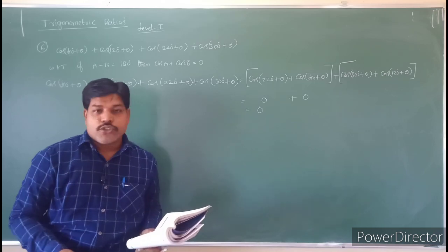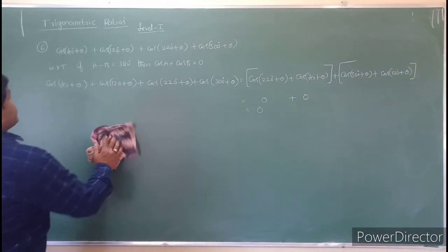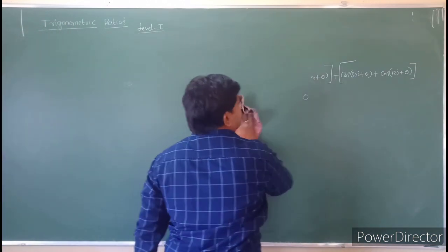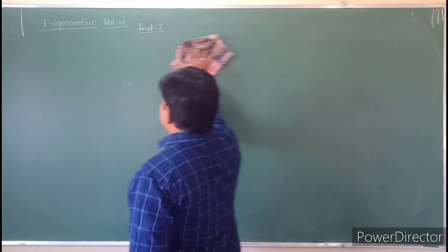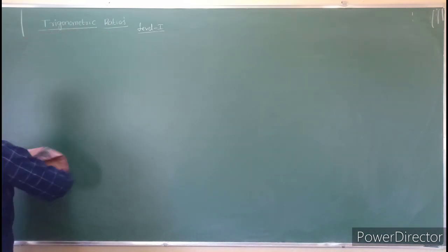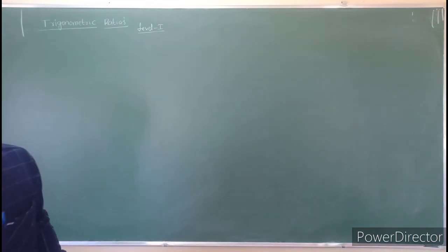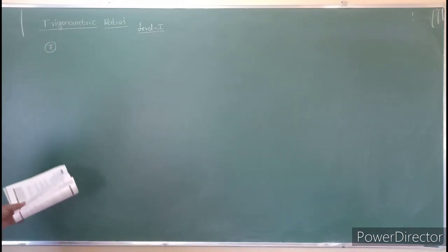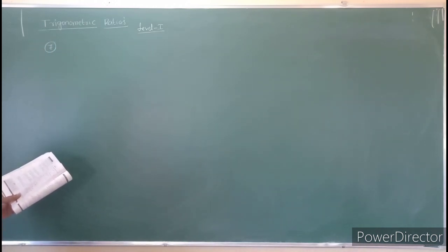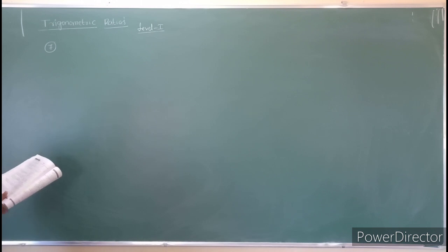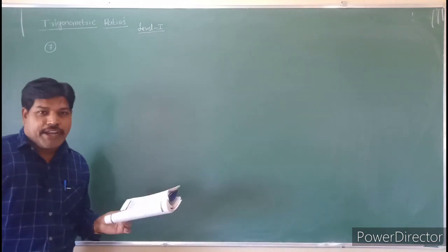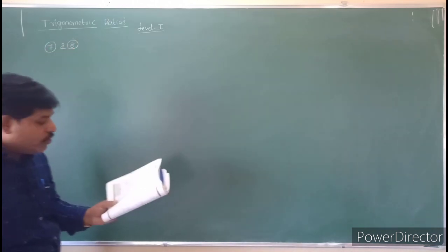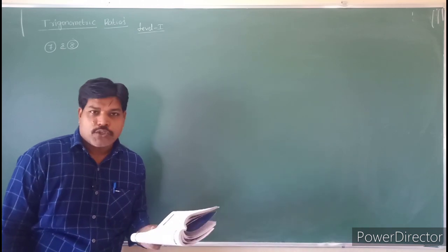See the next question, question number 7. Try question number 7 and question number 8 by your choice. Why? Because those are PU problems actually. So try question number 7 and question number 8.